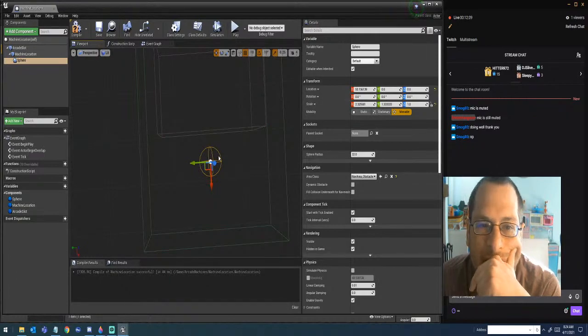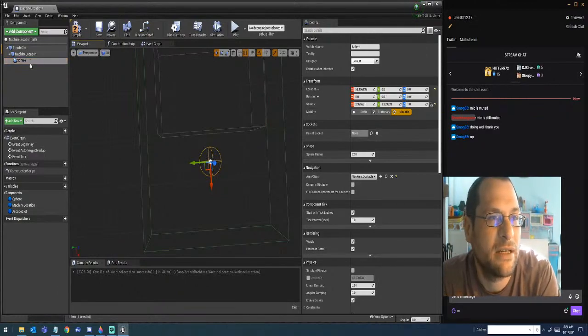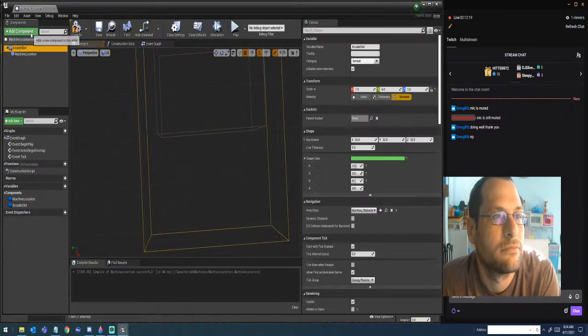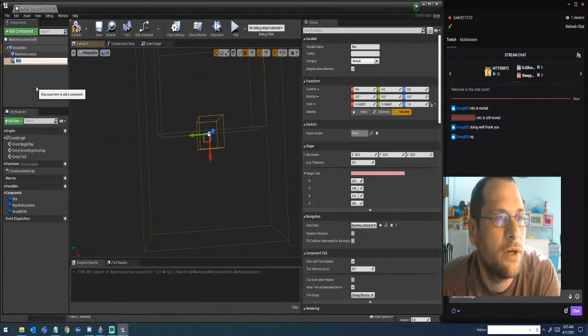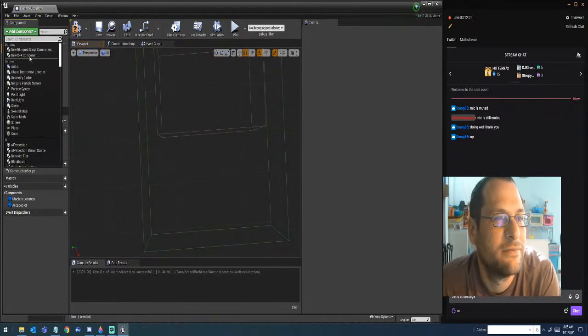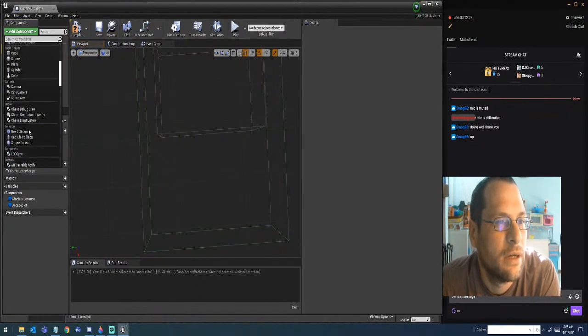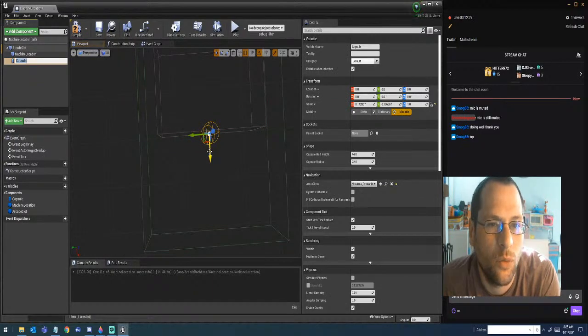They will enter this area, and they should be able to... Actually, let's make it a capsule. No, not box. Capsule. I'm going to give them a little bit wider of an area to